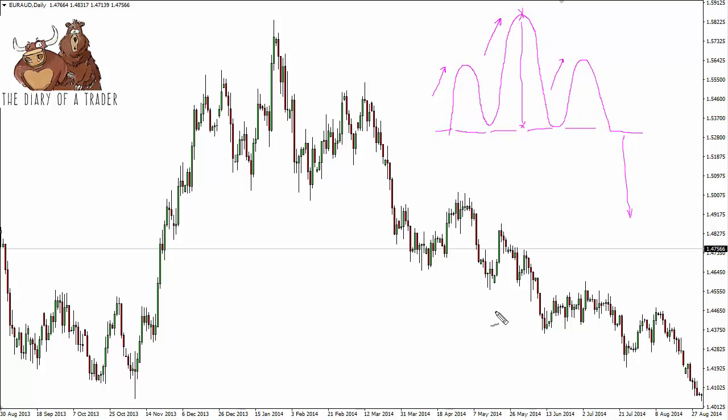Keep in mind that there is also the inverse head and shoulders, which is essentially the same thing, except you're breaking down and you're failing to make a lower low. You have a neckline as well, and it's measured the same way from the top of the head to the neckline, and then you project up. It's just simply a reversal of a downtrend. This is a reversal of an uptrend.